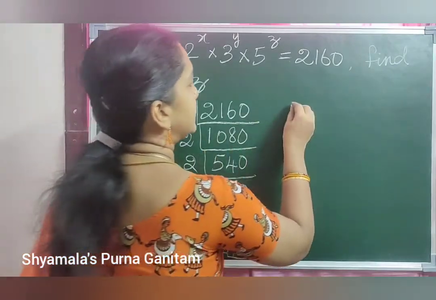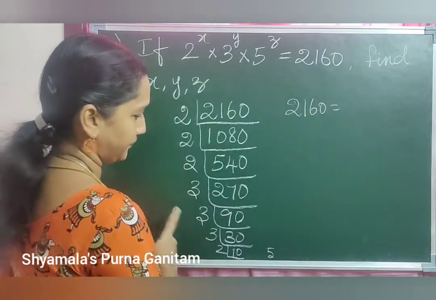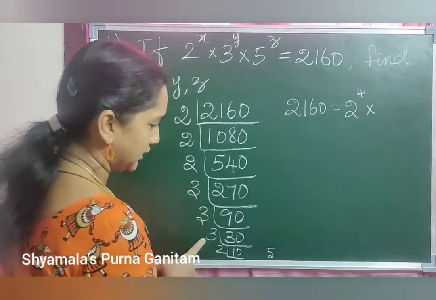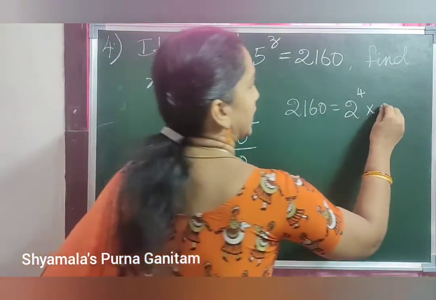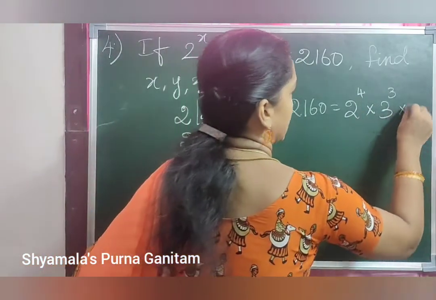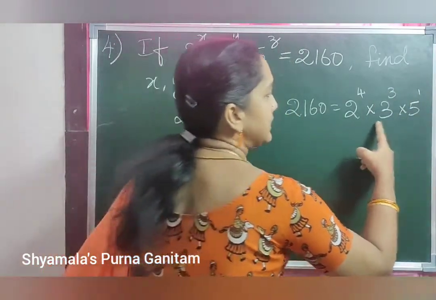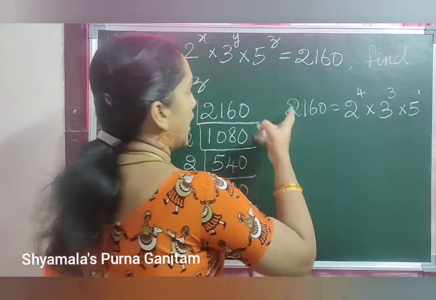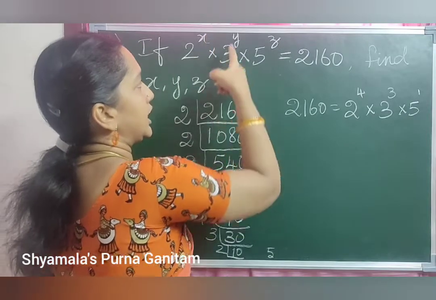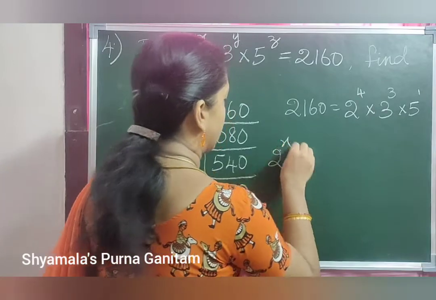So you can write 2160 as 1 2 3 4, 2 power 4, into 1 2 3, 3 power 3, and 1 5 is there, so into 5 power 1. So you have resolved this. You made this into these prime factors. Now in the question it is given that this is equal to 2 power x into 3 power y into 5 power z. So now we are equating that. 2 power x